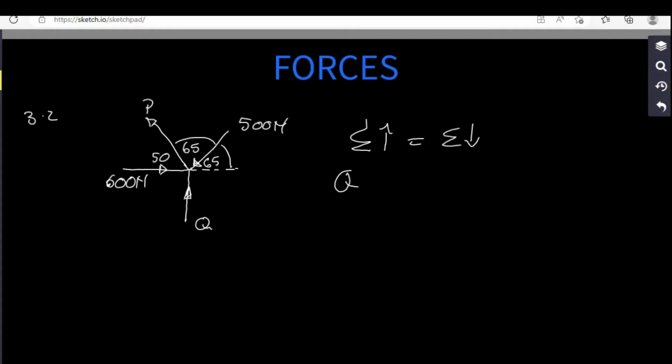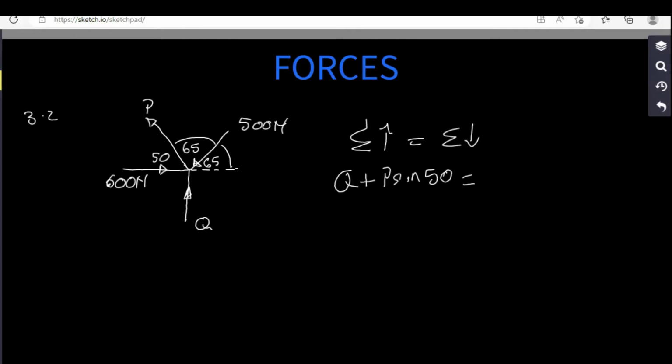We know when the original force, which is at an angle, is pointing away from the point, the component will also be pointing away from the point, meaning the component will be pointing up. Therefore, we're going to say plus P sine 50. We are using the angle which this force makes with the horizontal, and that allows us to use sine for the vertical component. We're going to say it's equal to